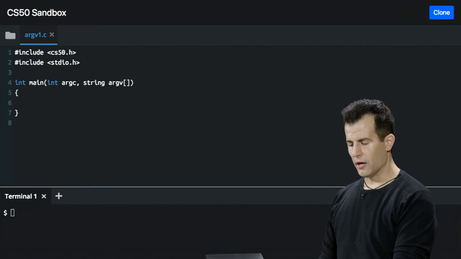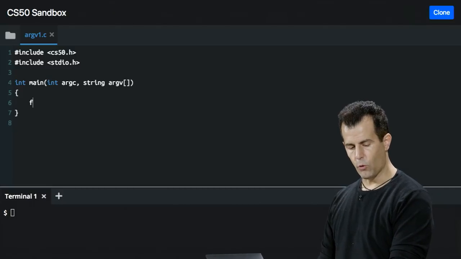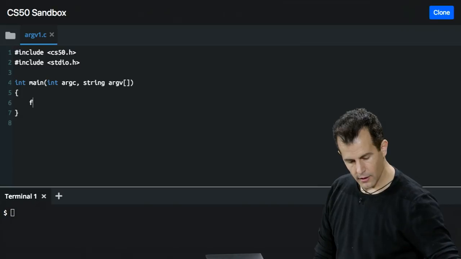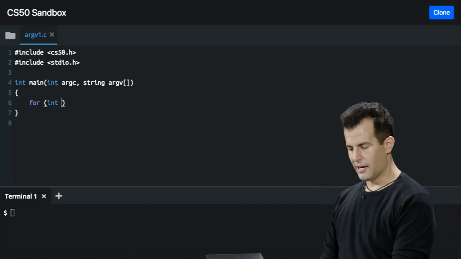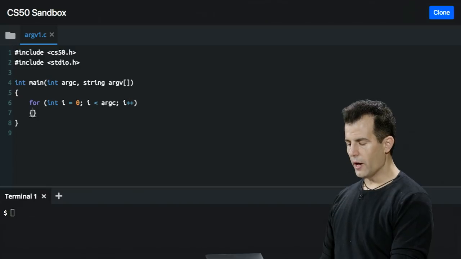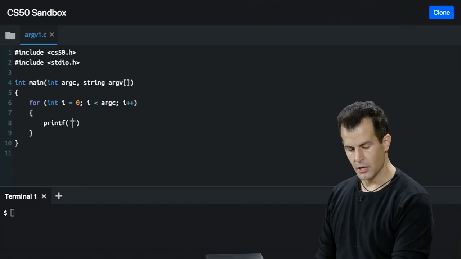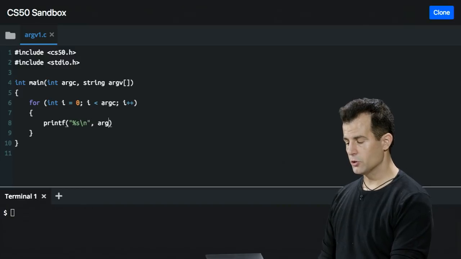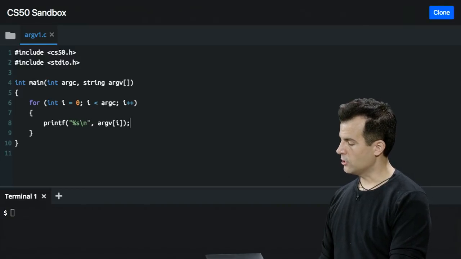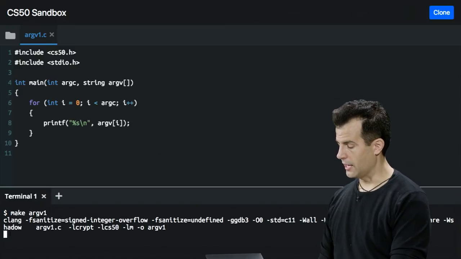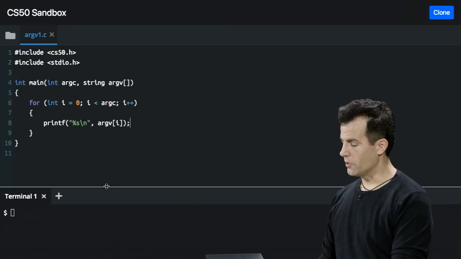Rather than do this logical checking, let me do this. For, let's say, for int i gets 0, i is less than argc, i++, let's go ahead and one per line print out every word that the human just typed, just to reinforce that this is indeed what's going on. So argv bracket i, save, make argv1, enter. And now let's go ahead and run this program,